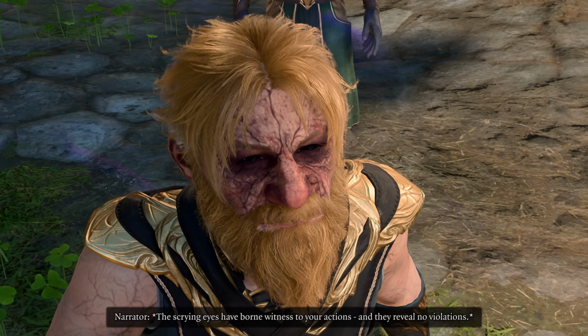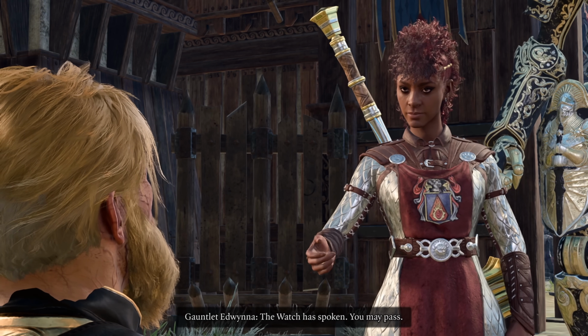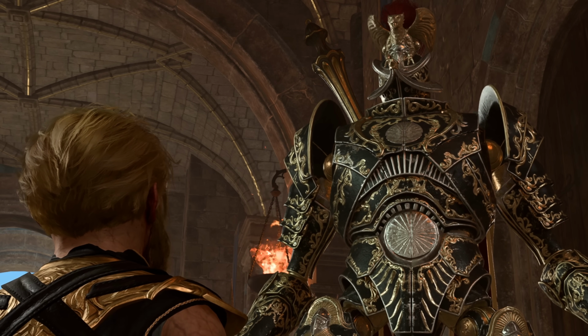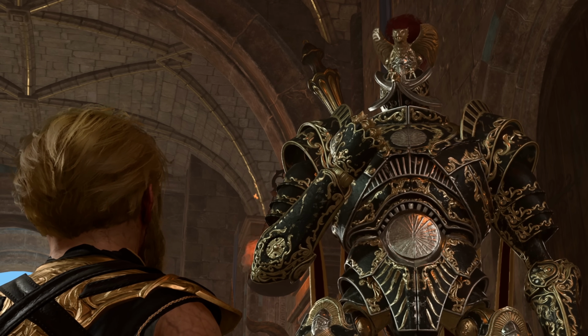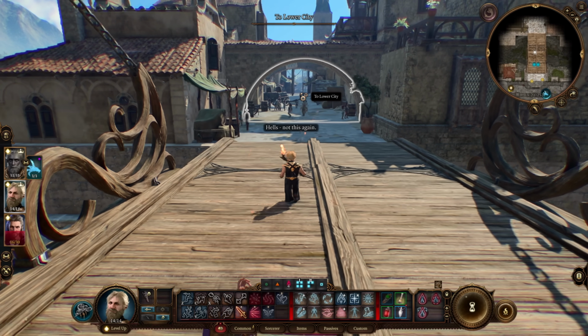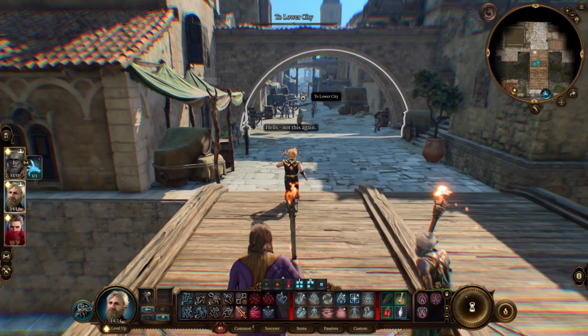Being a do-nothing pacifist has its perks, as the guard let us walk on in when the Steel Watchers scan reveal we've done nothing. Inside the keep, Gortash invites us to his inauguration after recognizing us as Kethric's killer. The story is falling apart because that never happened, and I saw Gortash's corpse already. Not wanting to see a dead man become king, I moved into the city,